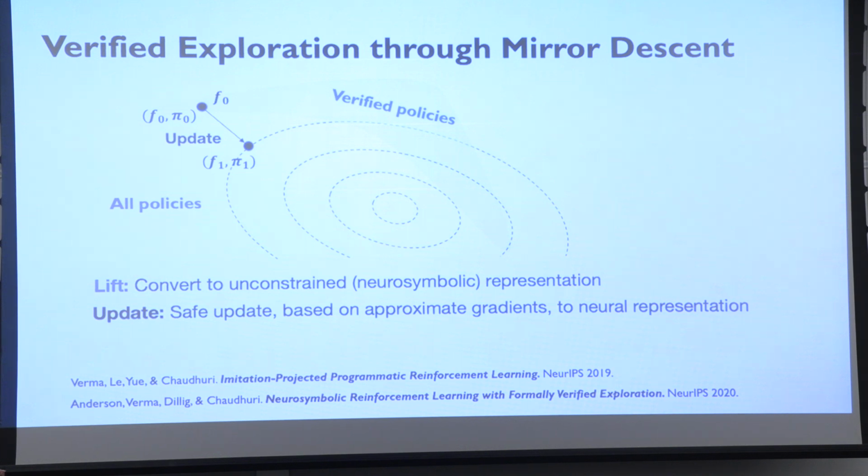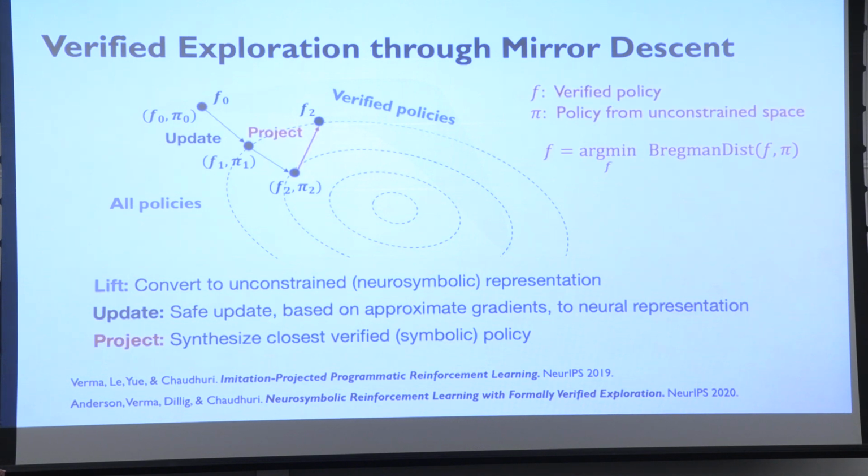And what you're doing is applying updates to these neural components, and you do that for a while, but then you project it back to the set of verified policies. And so what that means is that you're updating the symbolic part of that program. So basically, you're dovetailing updates to the neural component, which would be in this case updates to GPT-2, let's say, and updates to the shield that you're falling back on